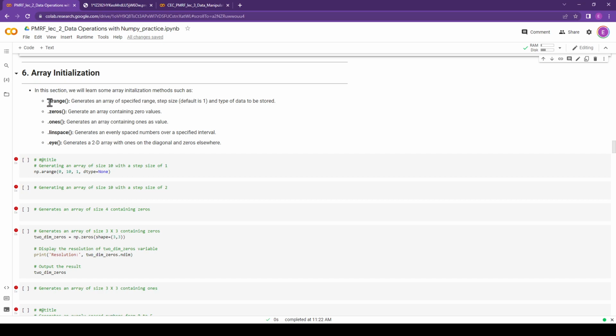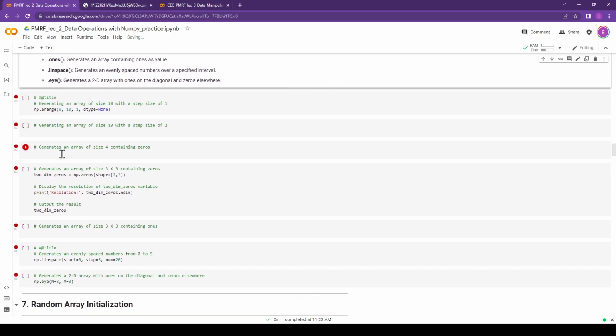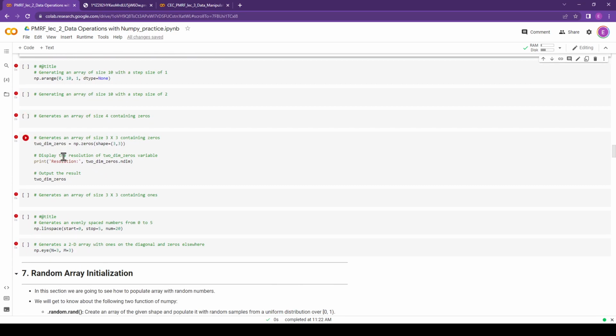So these are the different ways by which you can initialize an array. The first one is arange, then zeros, ones, linspace, and eye. We will look at each one in detail. So the first one will be like